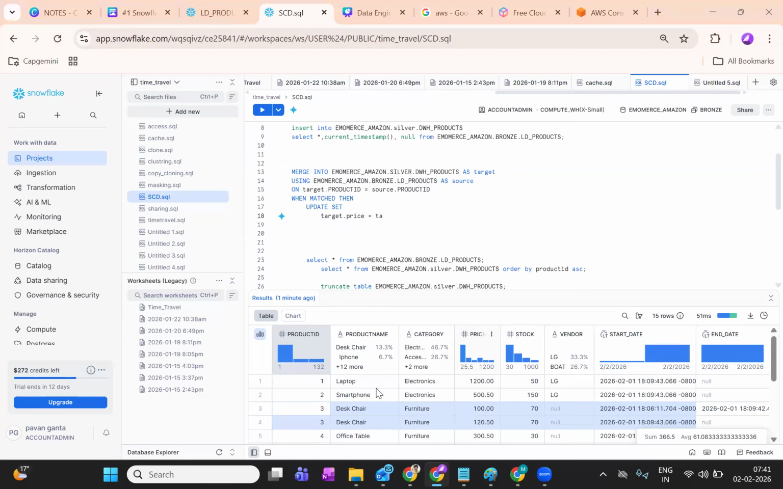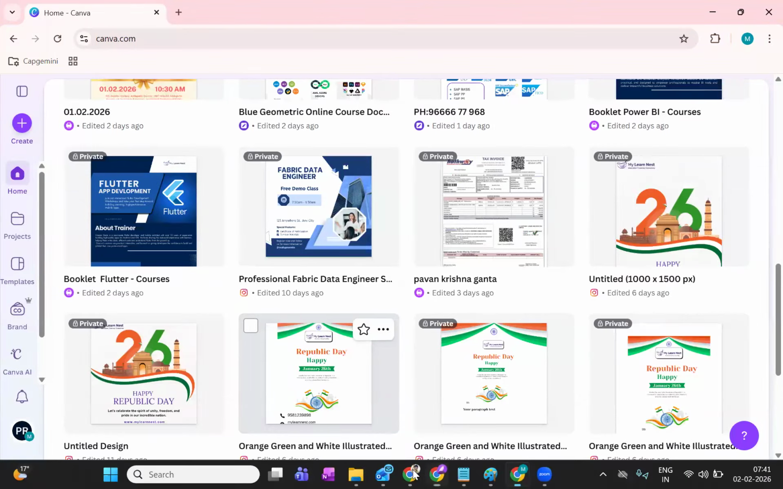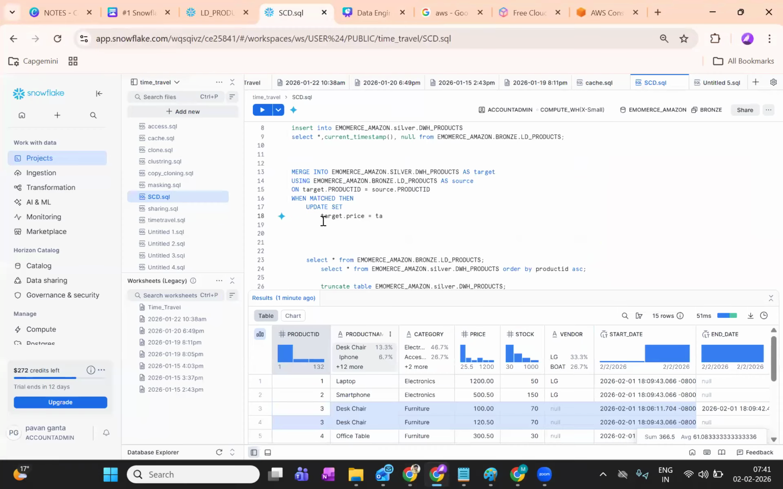So here we'll have two columns, one is previous price and one is current price. I will move the current price into the previous price, and whatever new price I'm getting, I will put in the current price. That is what will happen if I use this. Clear? Any doubts? So in type 3, I'll move this current price value into the previous price column. Now, whatever data I'm getting,